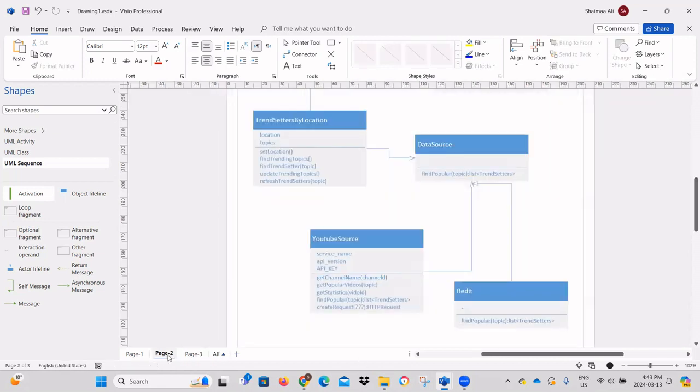So now looking back at our class diagram, what should be done in terms of just message passing and objects? We don't put the details of the implementation in a sequence diagram. If you want to put the details, the steps of the executions, you can create an activity diagram for it. Here we just need function calls and interactions with objects, including self objects, like self calls. So what happens inside this find trending topics